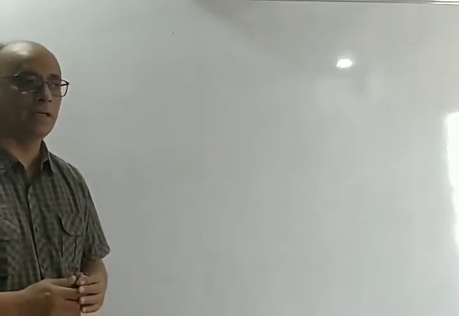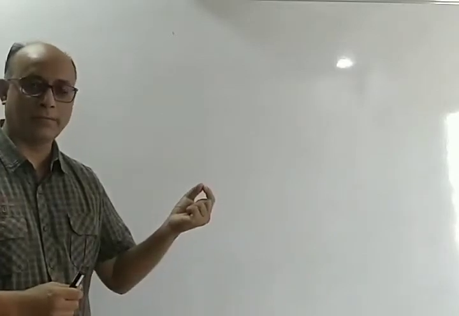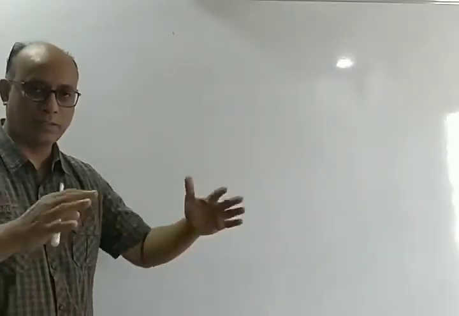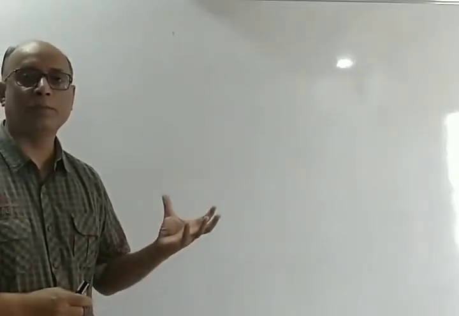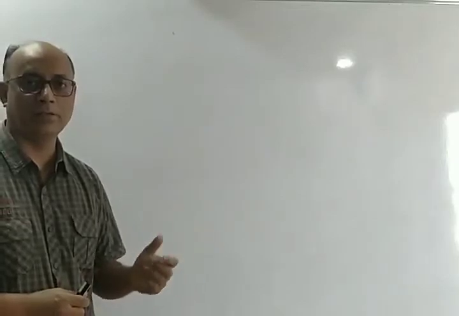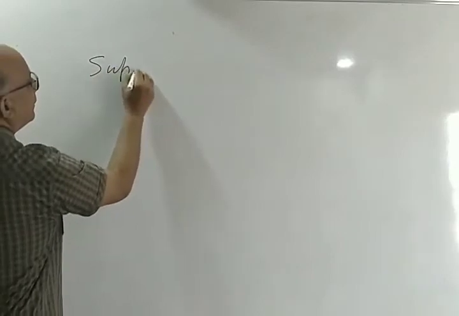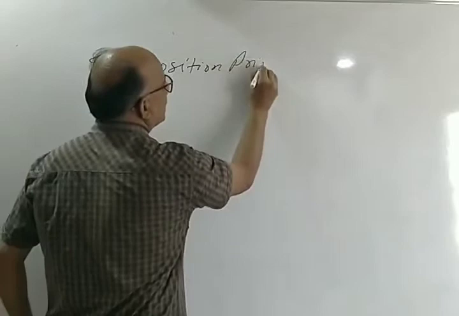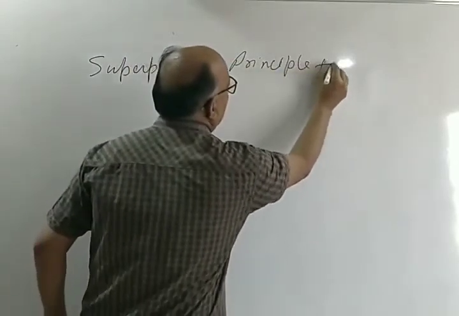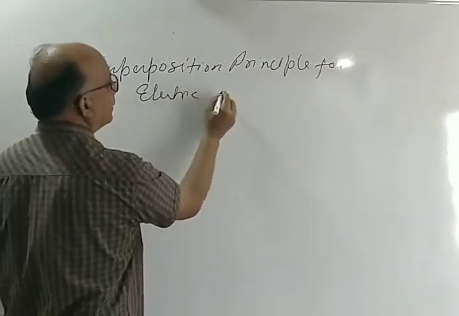You have studied in case of electric field and electrostatic force, what is the net electrostatic force at a point or at a charge due to a number of charges, or electric field at a point due to a number of charges? This is basically superposition of electric field and electrostatic force. Now, what is the superposition principle for electric potential?